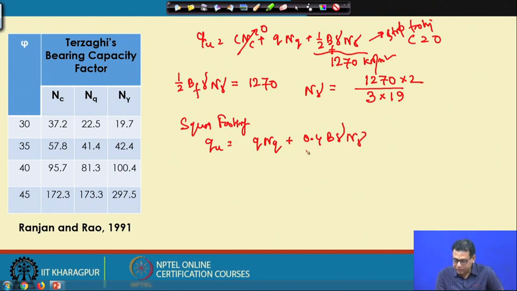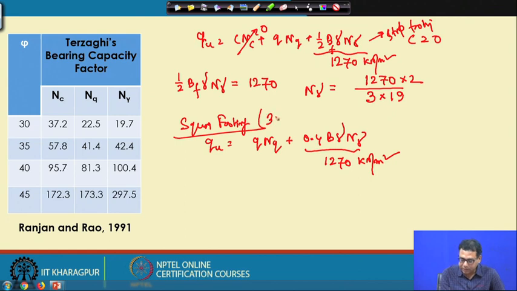So, this is actually the 1270 kilonewton per meter square, because this is for the square footing, our 3 meter cross 3 meter plate. But the basic expression is applicable for the strip footing. So, actually this is not the 1270, the 1270 is this one. So, that is why for the N gamma term, instead of 0.5 we have to write 0.4.